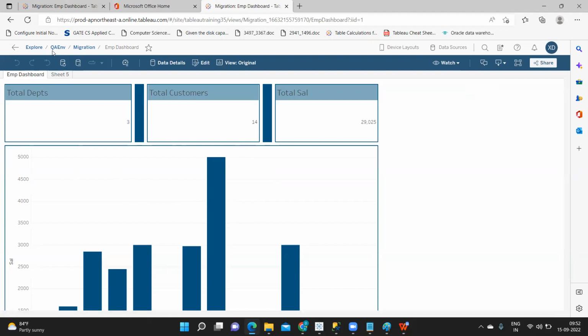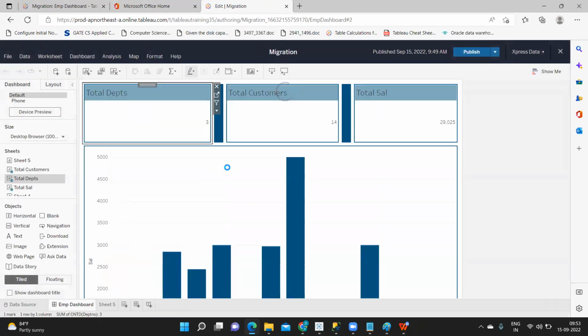You are currently in QA. Now you only need to focus on this. Now assume there is one change here. Suppose they are asking you to change this departs to department number. Assume. Okay. So what do we do generally? There are two ways to do that. Either we can download this report and make changes and publish it, or we can download it from the server only